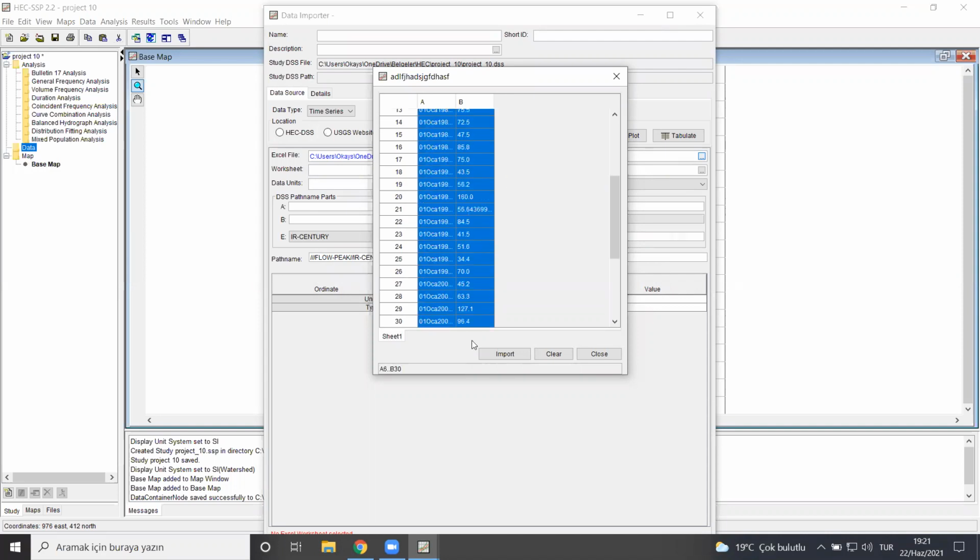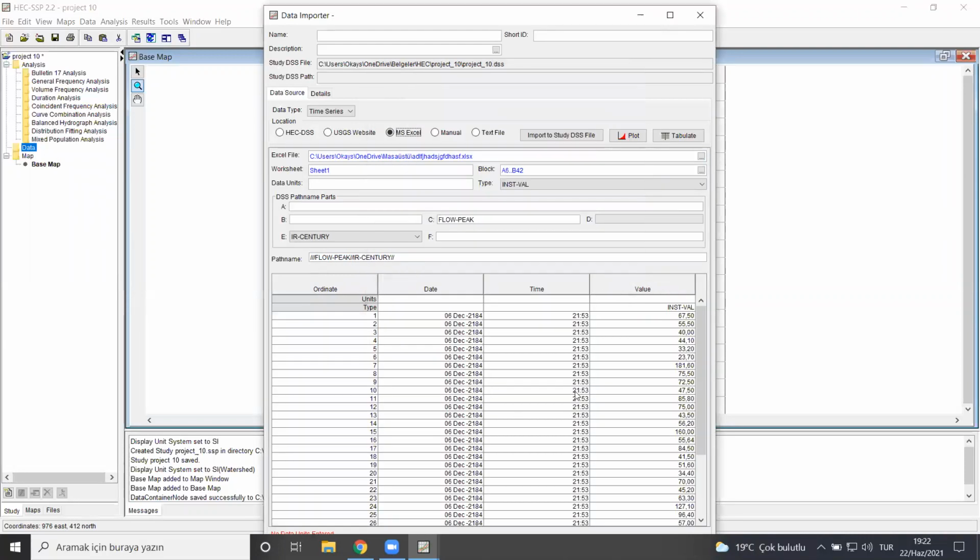Also, my solution to this error was a bit weird as well, but you know, since it's a new program to us, we are coming up with our solutions. So thank you for this heads up. So after we select everything, you can say import. Then here, once you said import, you need to write your units. Don't forget it as millimeter. You can change this name from flow to rainfall because we are investigating the rainfall. And then you need to say import study DSS file. But write the name again, project, let's say,